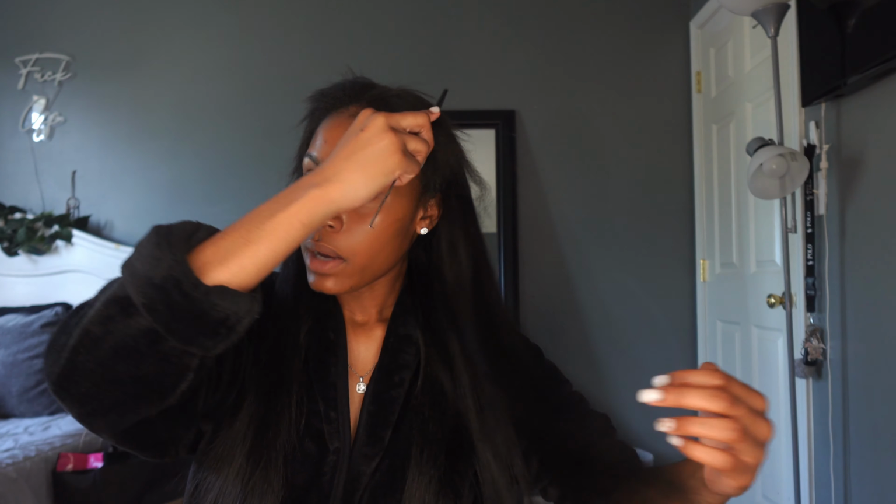Okay, so now that I finished straightening my hair, it's time to blend the leave out. So what I normally do is I will part it in the middle just to make sure everything is straight. And so now that it's parted in the middle, I will comb it out, and then I like to use,